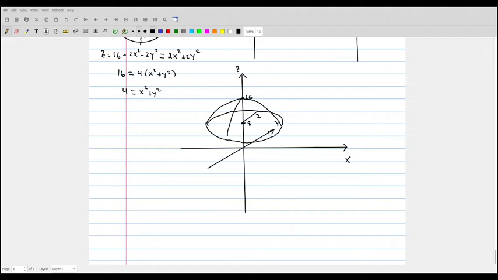This is that top paraboloid, z is equal to 16 minus 2x squared minus 2y squared. And then you have an upward opening paraboloid below this. It's going to look like this, and then you have another trace, say, right here that looks like this,